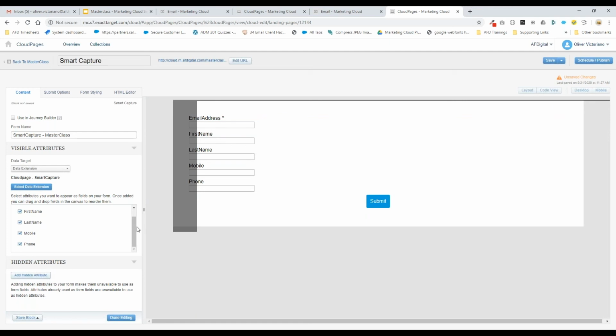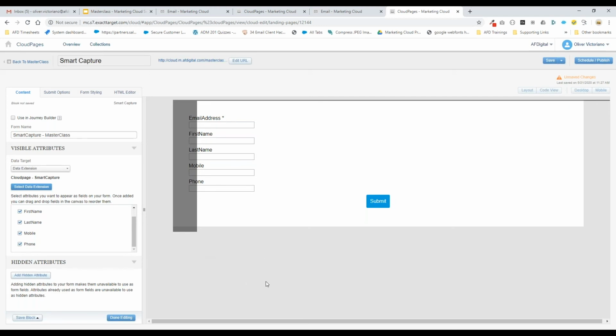For example, if you say that anyone who uses this form will automatically be opted in for email, and you have an additional field like email opt-in, you can use that and set it to true, of course. You could also use it for source, so where the pages come from: web page, landing page, or